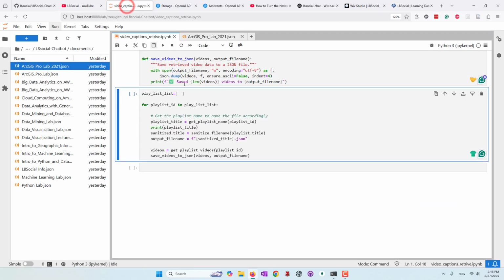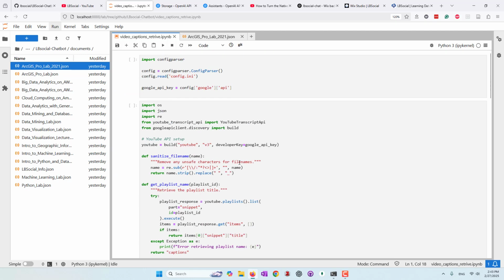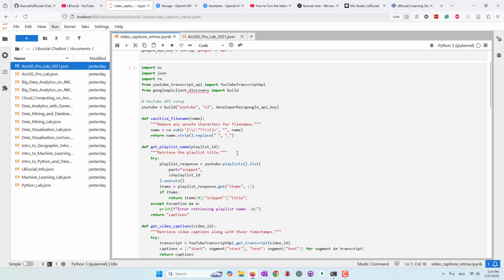Next, I use this Python code to retrieve the captions. This Python code actually was written by ChatGPT, so it's a very simple one. As the owner of this channel, I am able to get an API key to retrieve information from my YouTube channel. So this function will,